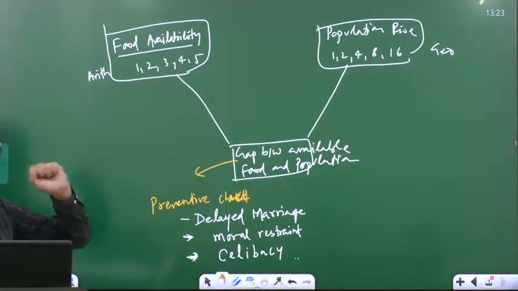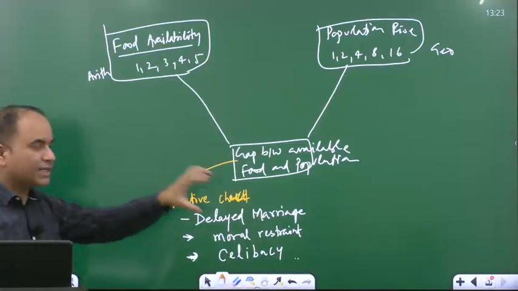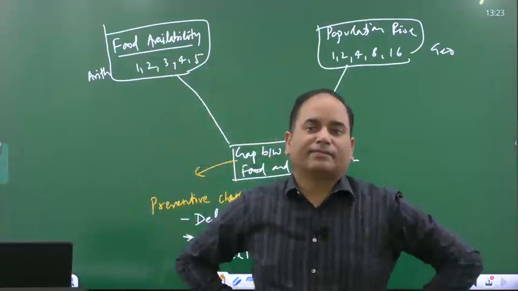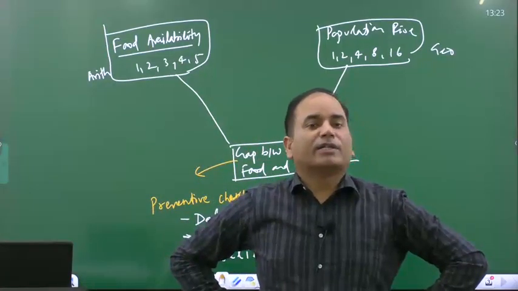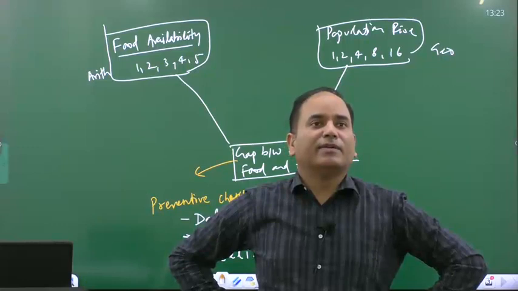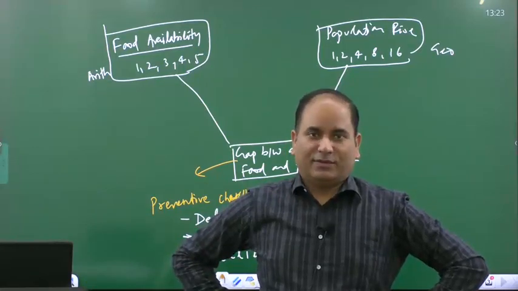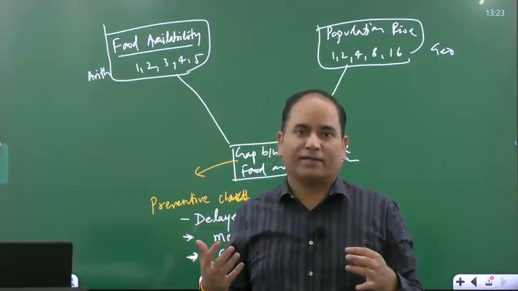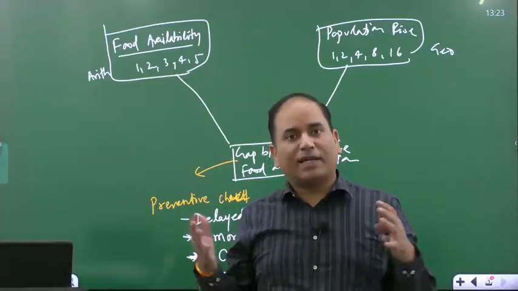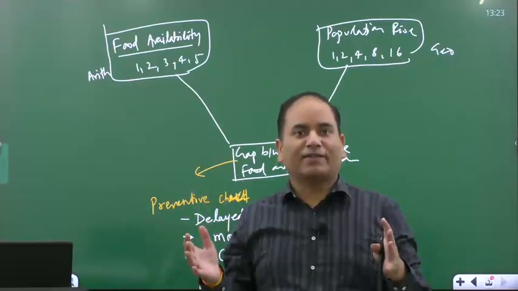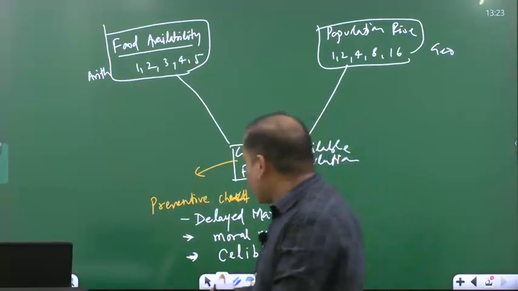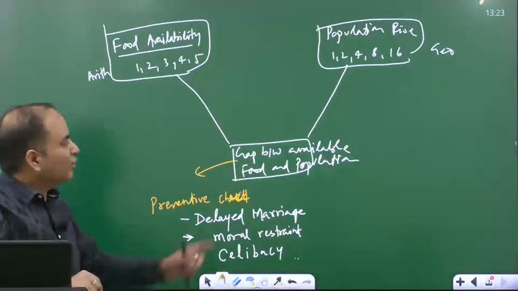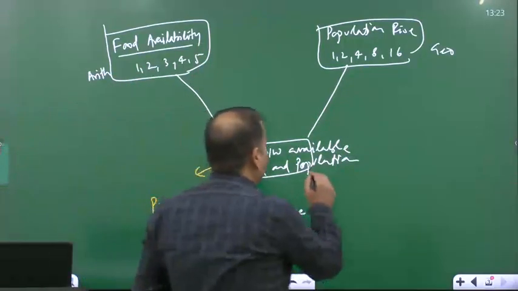It will give results, and population will start declining. But once it declines, people become comfortable again and start practicing the same thing: passion for sex, food for survival. Again the population will start rising geometrically, which will ultimately lead to the